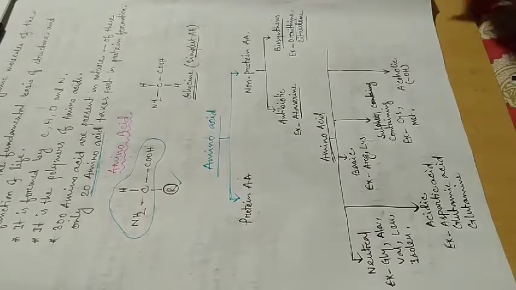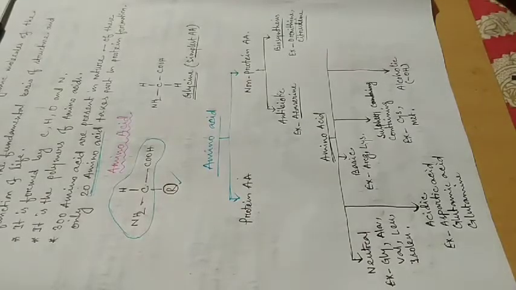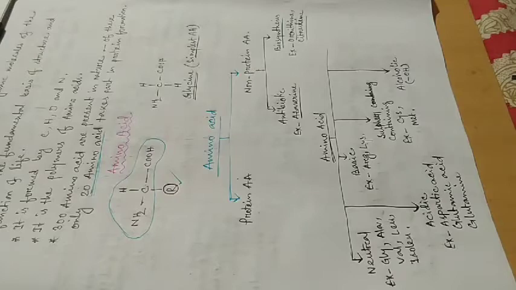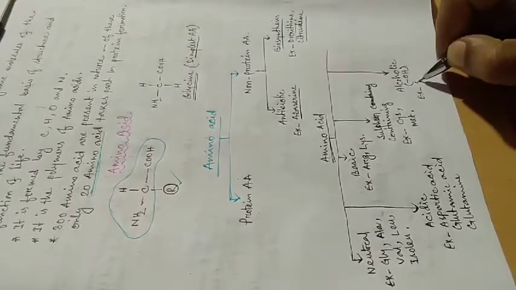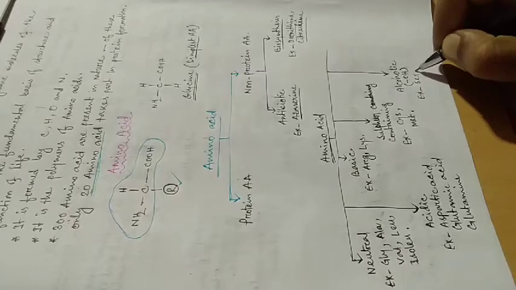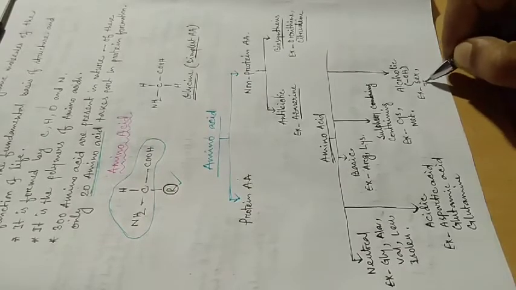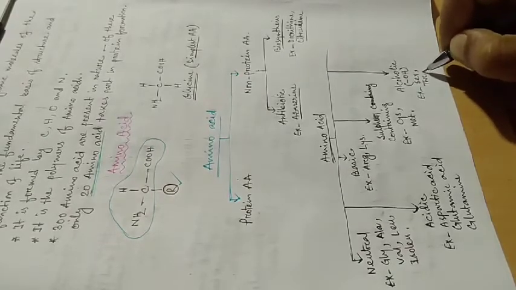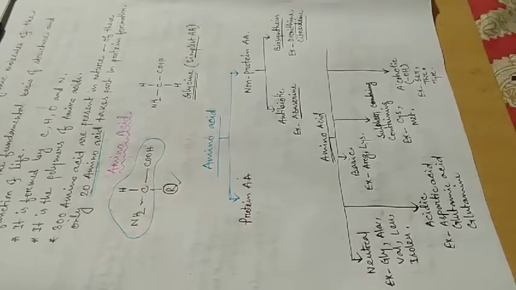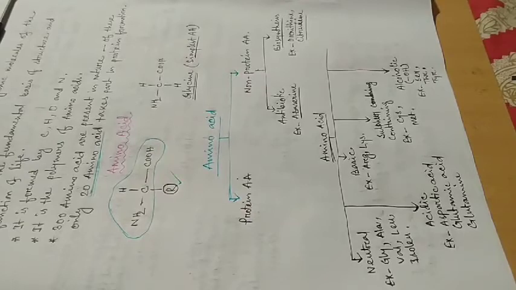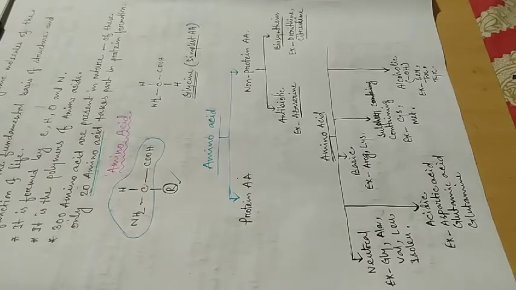Alcoholic amino acid, as example serine, threonine, tyrosine, etc. These are the alcoholic amino acid. Then